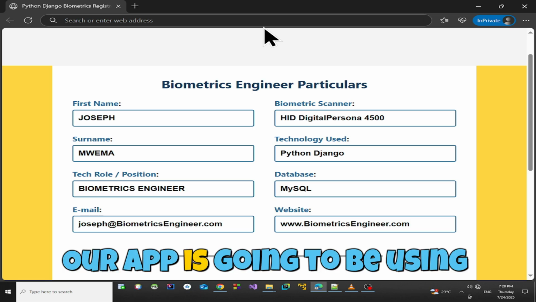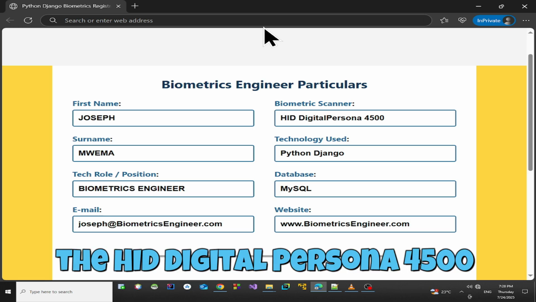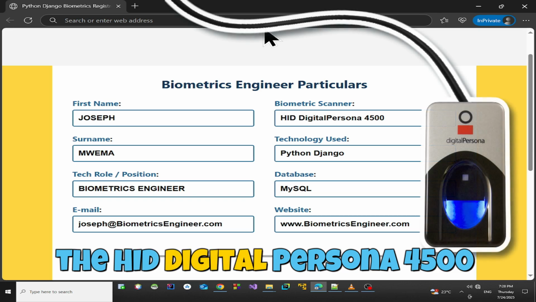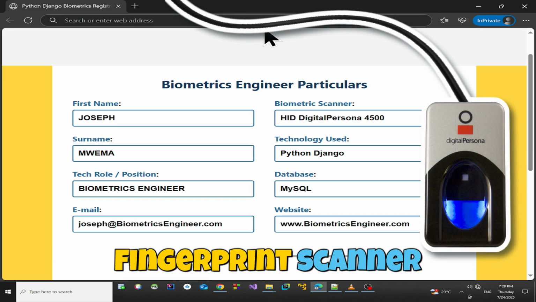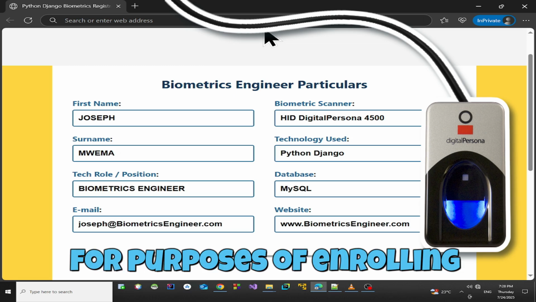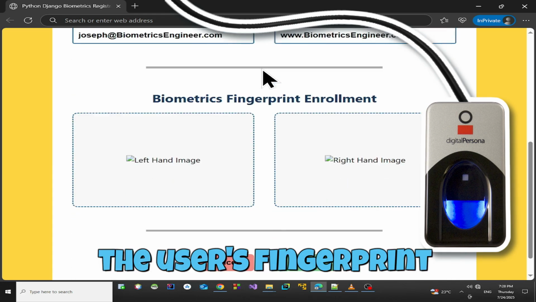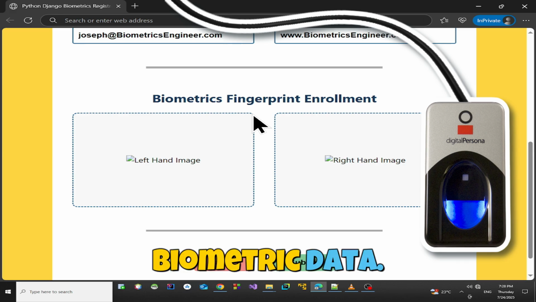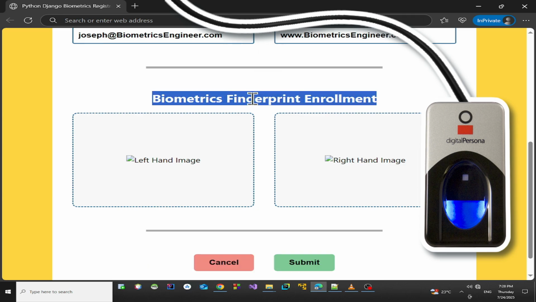Our app is going to be using the HID Digital Persona 4500 fingerprint scanner for purposes of enrolling the user's fingerprint biometric data.